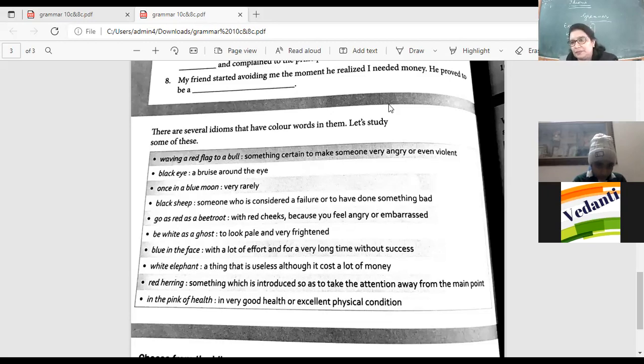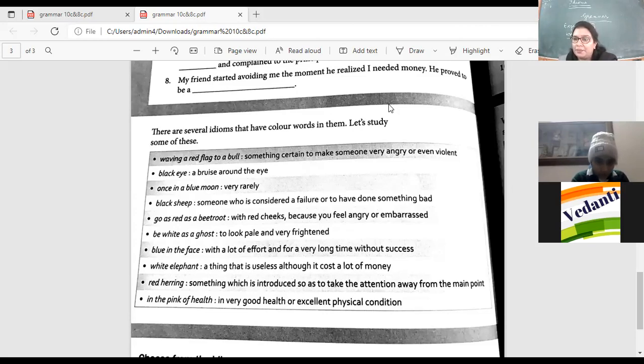White elephant. A white elephant is something which is quite rare, something that costs a lot of money, but it's something useless, right? So say you bought a big house. So the big house that Mr. Chawla bought is a white elephant because his family members shifted abroad. Nobody is living there. He spent so much money. That house is lying vacant.